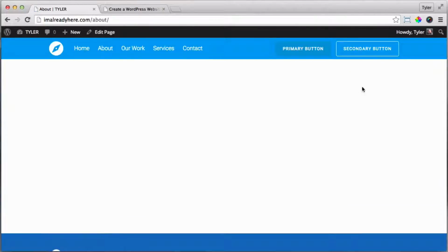All right, now that we have a nice blank canvas here, I want to add in a big image right here and some text right here. And by the way, the home page was the hardest page to make. Everything is going to get easier and easier. All right, so let's do that. Let's click on Edit Page